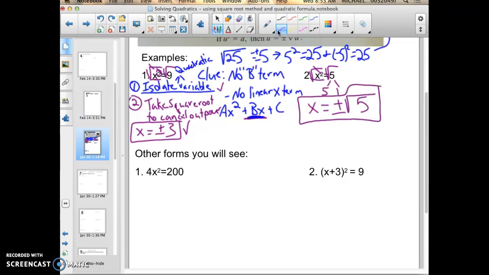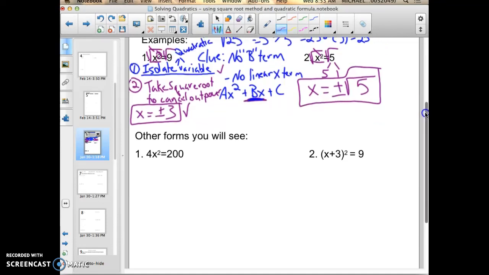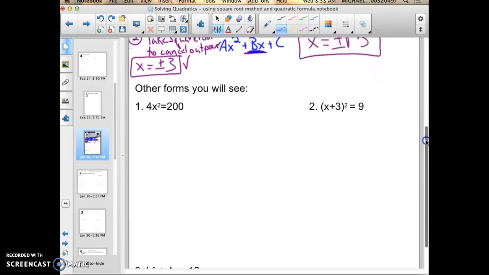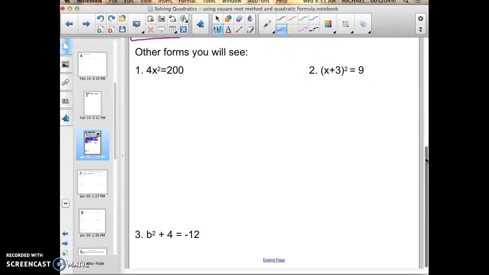And I'm done there. So if you ever encounter one that's not a perfect square, your first thought should be, I need to reduce or simplify this by doing the factor tree and looking for pairs. That should always be your first thought, after you check to see if it's a perfect square or not. Alright, finally, let's look at the other forms you see. Now, at times there will be